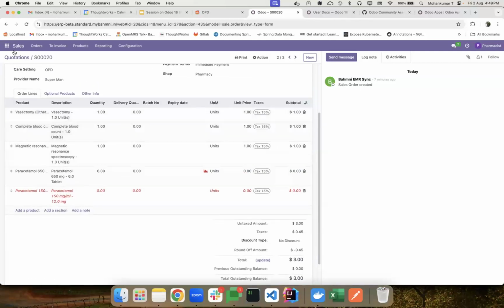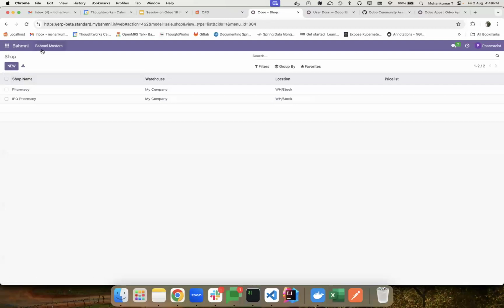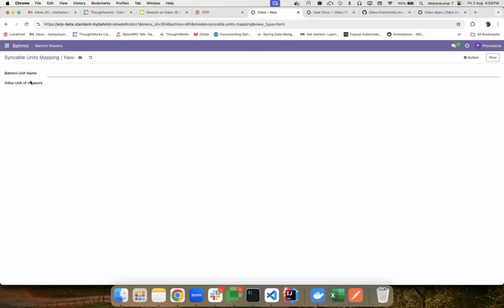And if you want to define more such mappings, you can head over to Bahmni and you would find a menu called syncable units mapping. So here we have defined: this Bahmni unit name field holds the unit that is placed in the EMR, and this is Odoo's unit of measure. As we saw, tablet is mapped to units over here. In the same way, the default unit in Bahmni maps to Odoo's default unit of measure. In the same way, you can define as many mappings as you need,